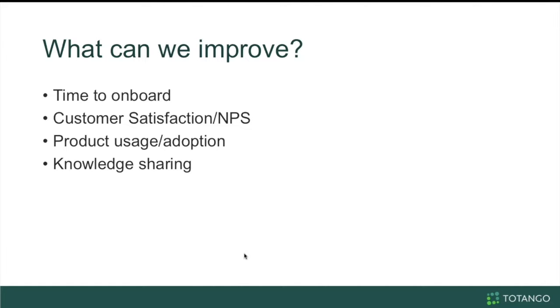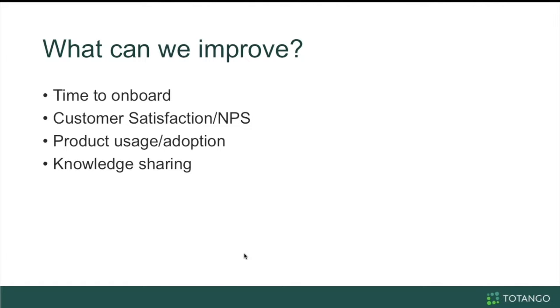Let's expedite that process. Let's make sure that we get customers onboarded as quickly as possible. And if we automate a lot of this information and process, hopefully we'll get improvement in our time to onboard. Obviously, we're trying to improve satisfaction overall, so hopefully our customers are getting the resources they need. They can be self-sufficient if they need to, because we have presented them with the right relevant information, and hopefully our satisfaction scores will go up, our NPS rating will be higher, all that good stuff will come out of